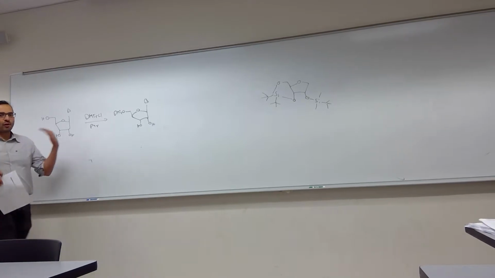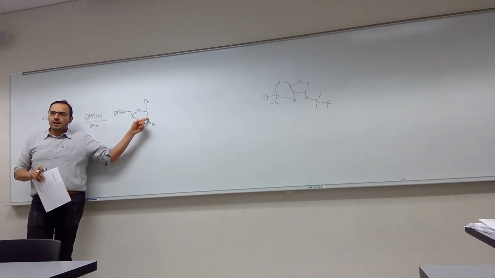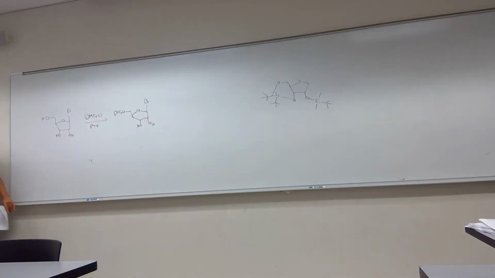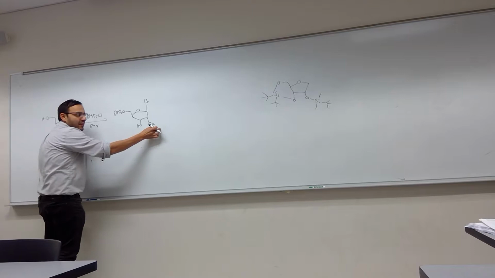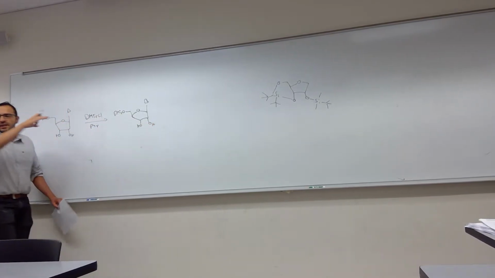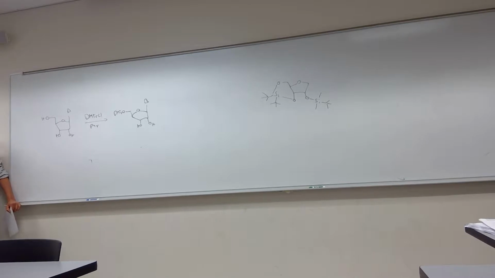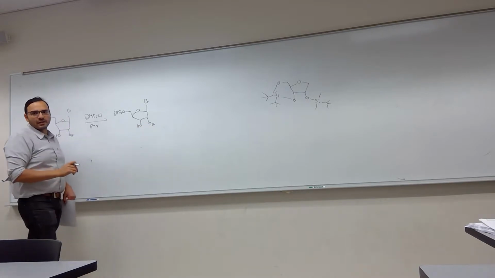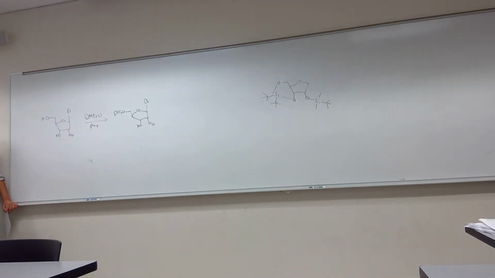What if you want to introduce a fluorine in this position, right? So a lot of drug targets or RNA containing drugs have fluorine at this position. And so how do you incorporate a fluorine? That's part of an exercise today. But in the meantime, also a lot of them have a methyl group, a methoxy group here, so that your RNA doesn't get degraded. So if you put a methyl group here, you get rid of the H, right? But how do you put a methyl group without affecting those two? So that's one aspect. So one alternative to do chemistry here that has been done, there are also other ways to do chemistry,